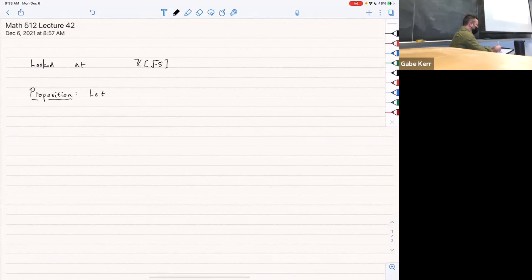So it's a general proposition: let R be the ring of integers of an imaginary quadratic number field. So we have that every